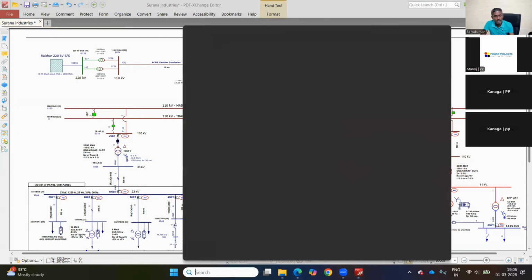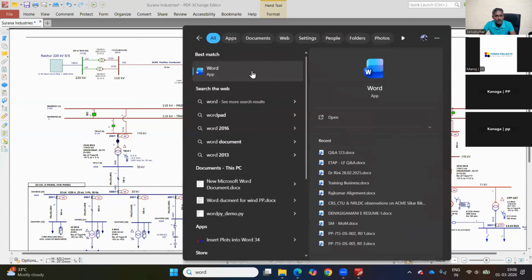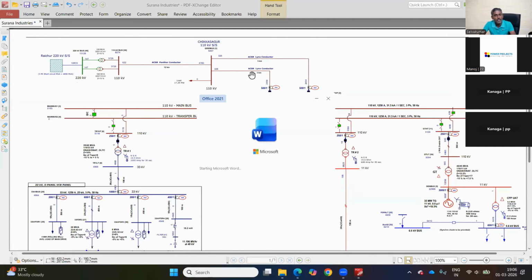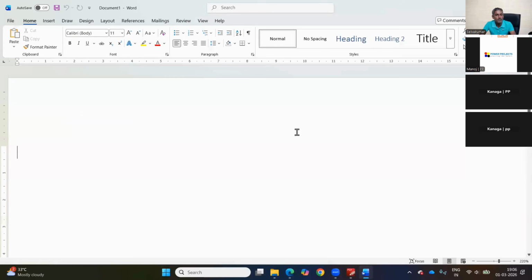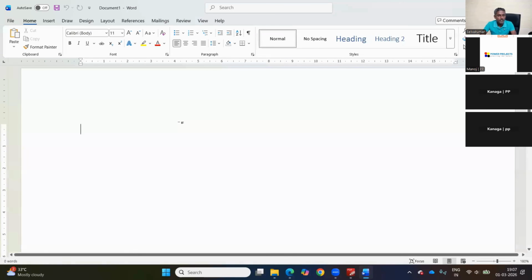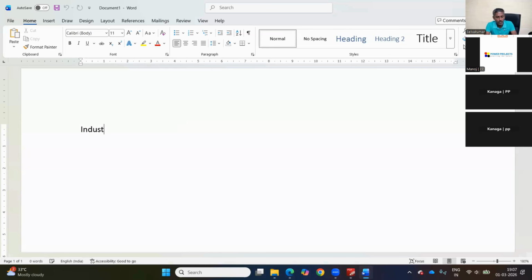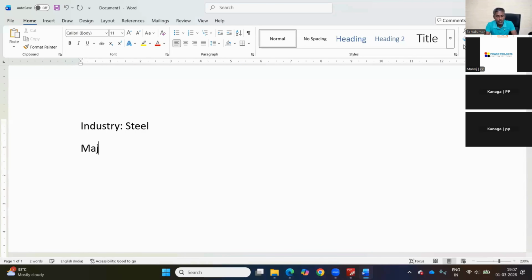So let's list down what the system is. Let's keep a Word file as well as an Excel sheet, so that we try to understand something for this. What type of industry? It is a steel industry. What are the major loads? Electric arc furnace, LRF, ladle refining furnace, rolling mill main drive,